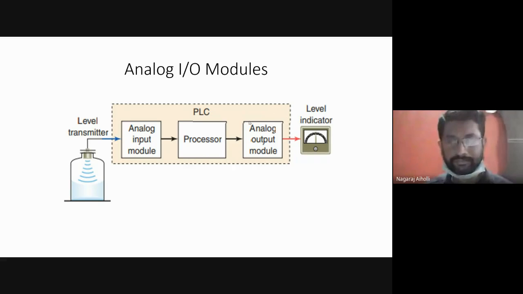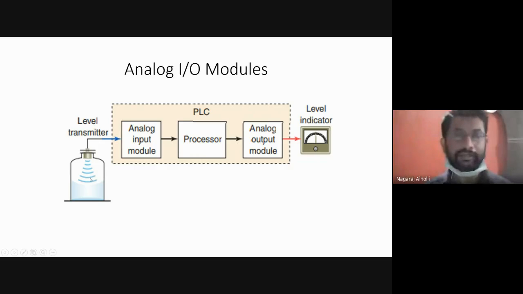Okay, so this DAC block converts the digital signal to the analog signal, and it is applied to the analog output module. This analog output module will then operate this level indicator, and it will show the required level on this indicator. So that level is nothing but the level of the liquid in the